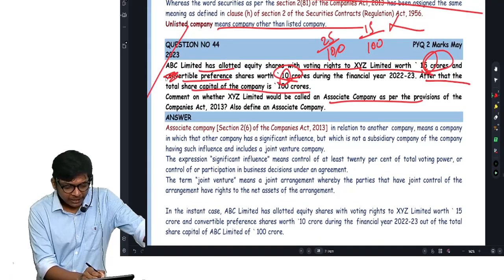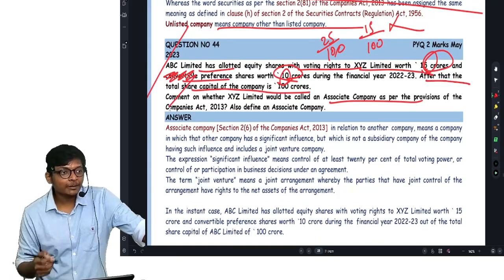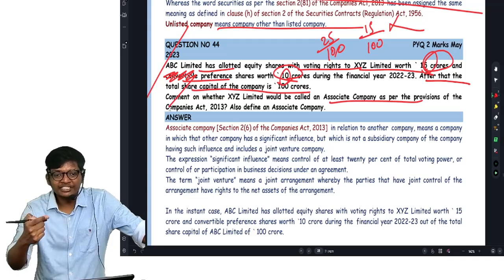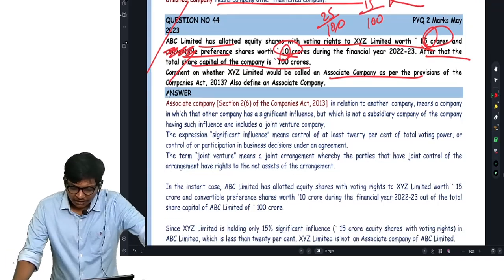No, if it's only preference shares, I will not take. Convertible preference shares, because of that, will be converted to equity shares. So voting power will be transferred. Therefore here,